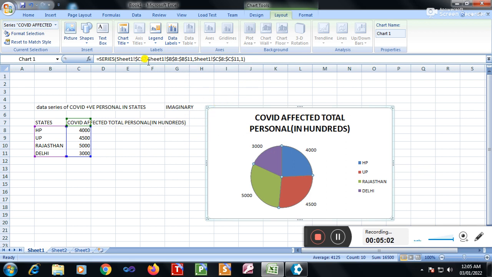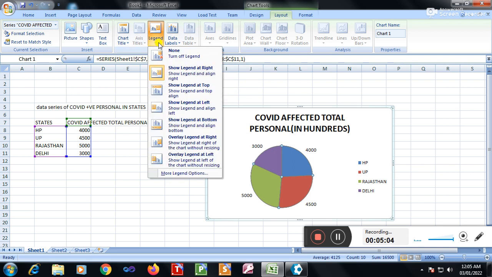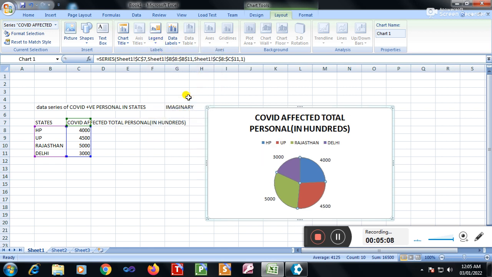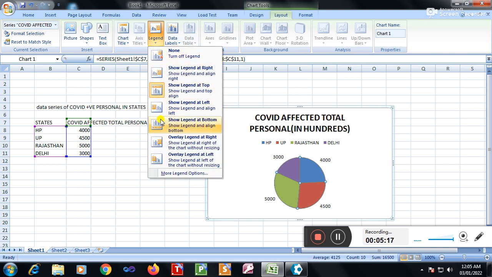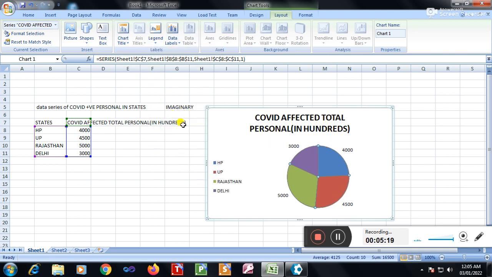legends. What are these? Go for legends, and at the top the state name is shown above the chart. Suppose legend on the left. So this is how the legend of the series of state names is shown here with color name, and this is the subtitle. Here is the subtitle,